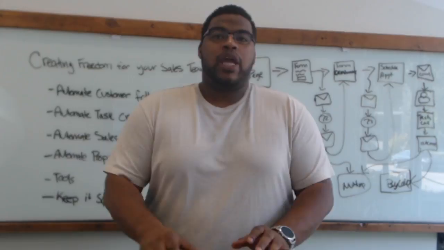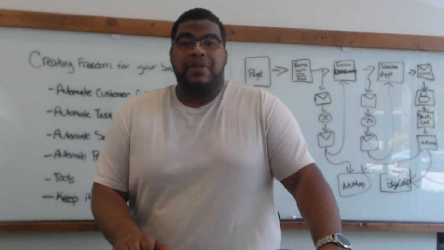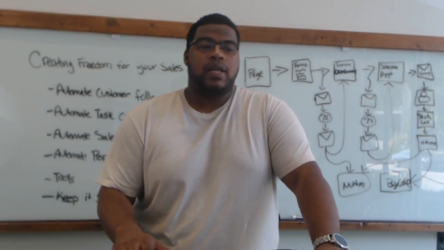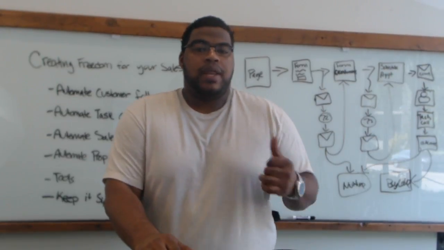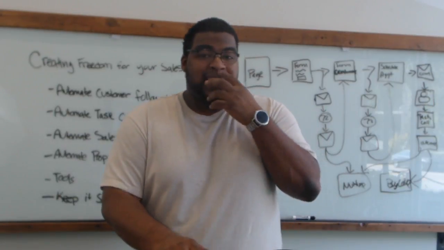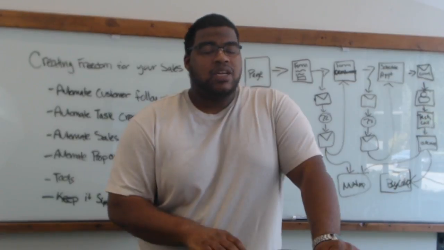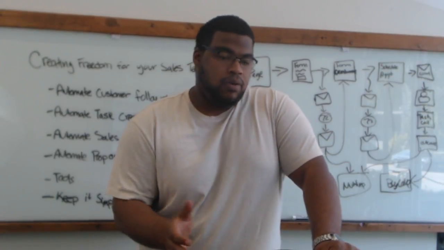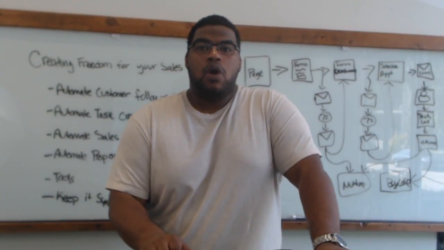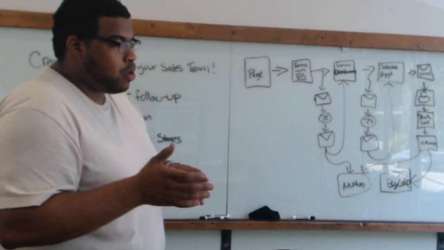If you're a small company and you're just getting started, keep it simple and build on it. If you're a company that already has a pretty complex process and you're just trying to figure out how to streamline and how to create some freedom, then that's when I would suggest doing something a little bit more complicated that makes it easier on your sales team. So the back end may be complicated, but once it's done, it's going to be very simple for your business because you're taking out 20, 30 steps your sales team is probably currently doing and breaking it down to where they're only doing 1 or 2 steps within that process, or a couple more depending on the situation.